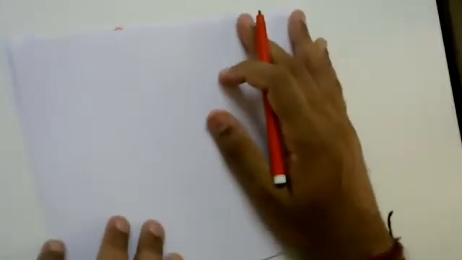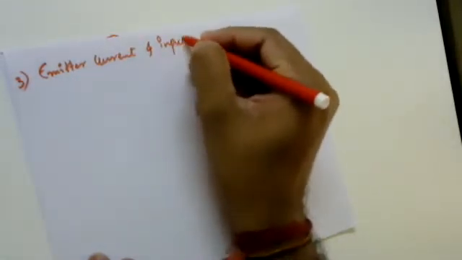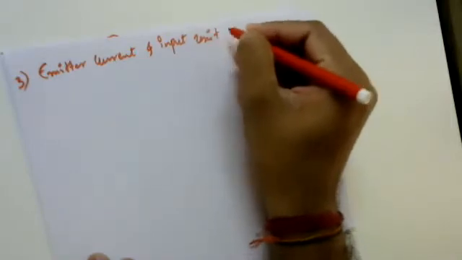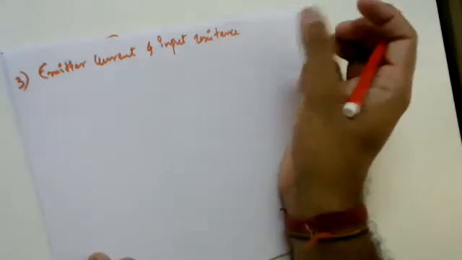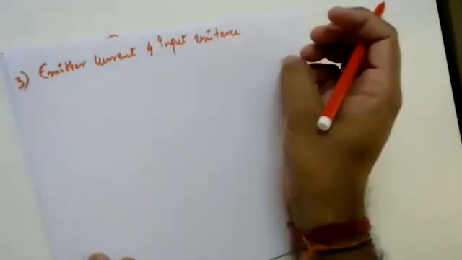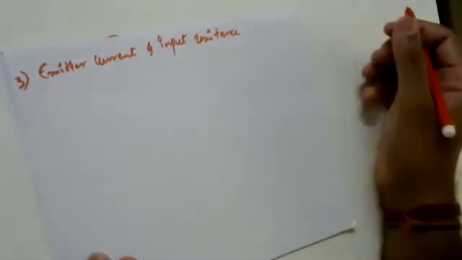So in this session, we'll be working on the third concept in our interaction, that is emitter current and input resistance. Now, when I say emitter current and input resistance, it means I would like to identify what